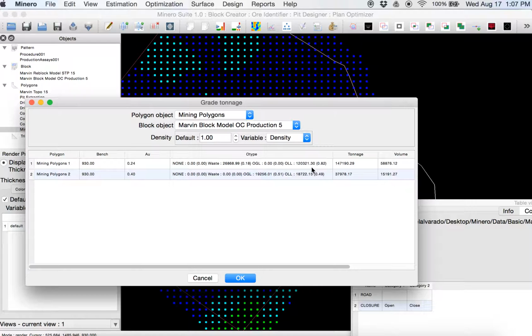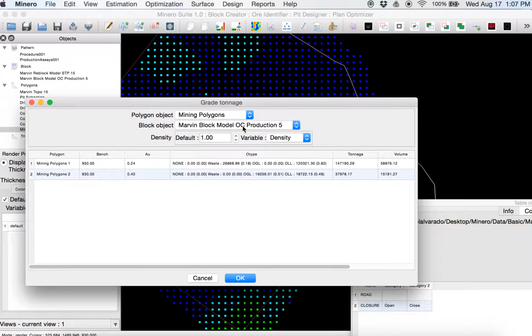If we want to modify, we can do that, and then we can run the report again, and we will get different values. This dilution report will help us make the right decisions in the field.